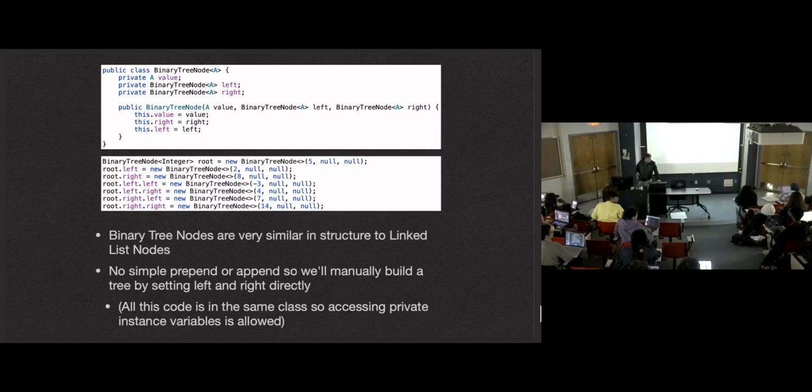Yes? Is it necessary to have just a left and right branch, or can we have more than 2 branches? Yeah, you can have more than 2. If you want to rewrite the class, you could have an array list of binary tree nodes. You can have any number that you want. For a binary tree, that's where the binary comes from, it means that we have 2 children. But you could write a ternary tree with 3. You could write a multi-tree with any number of child nodes that you want. But the one we're specifically talking about will have 2.